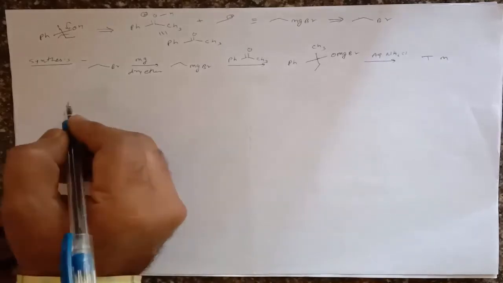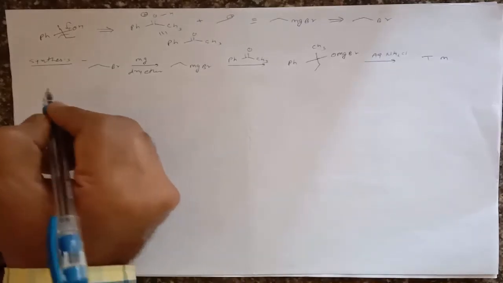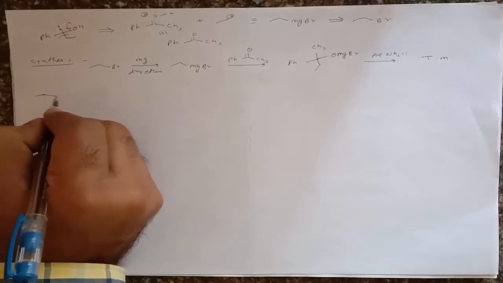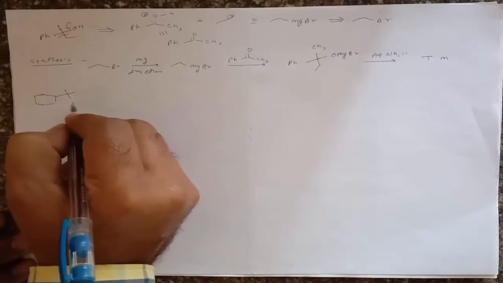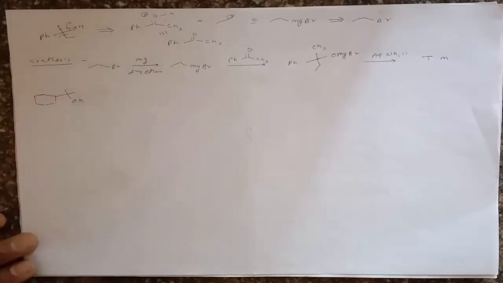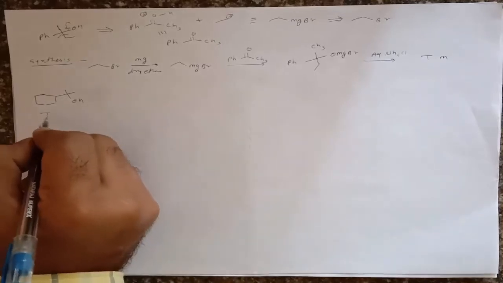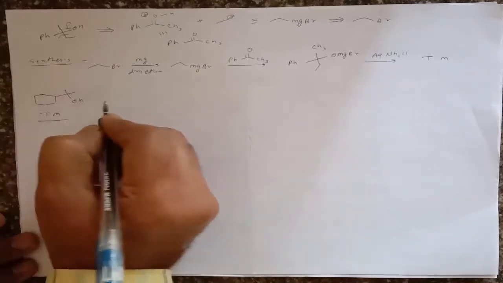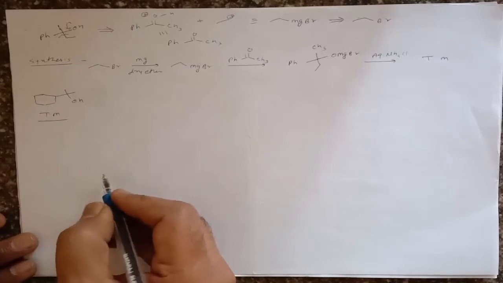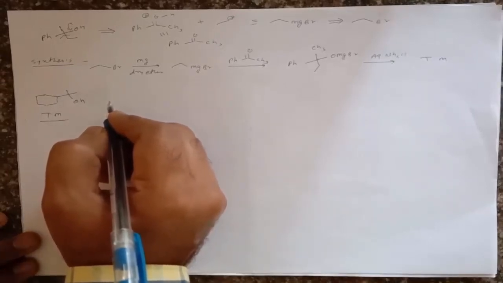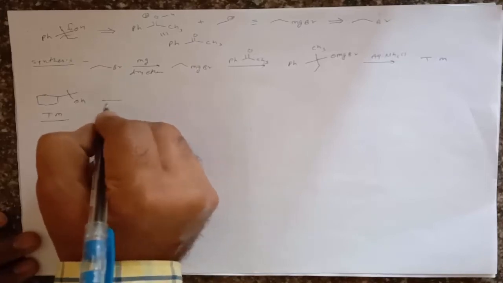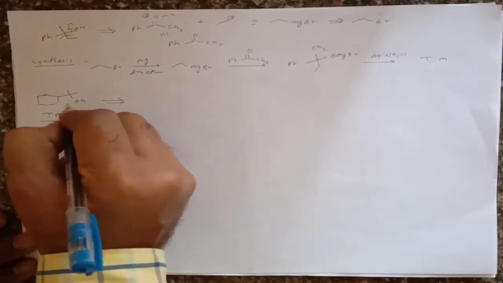So let us start another molecule. That means if the molecule contains a symmetrical functional group, that is cyclohexyl group, methyl, methyl and OH, this is again another target molecule. If there is such a type of symmetrical alcohol, then these symmetrical alcohols can be easily synthesized by taking 2 equivalents of the Grignard reagent, right?